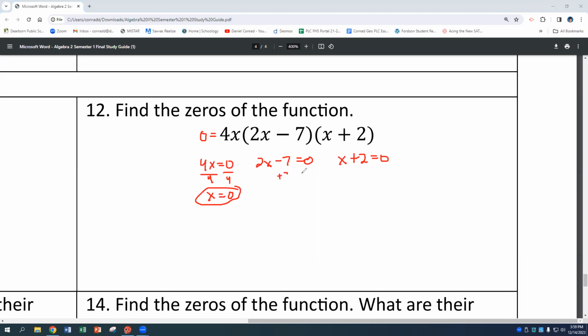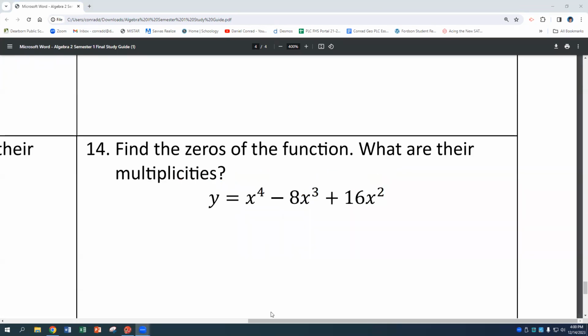This one I can add 7 to both sides, and then divide by 2. So I get x equals 7 over 2, which is 3.5. Okay, subtract 2, we get x equals negative 2. Okay, so my three zeros are 0, 7 over 2, and negative 2. All right,